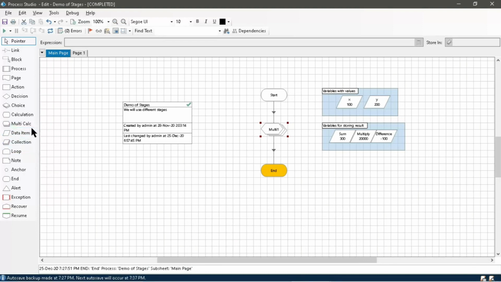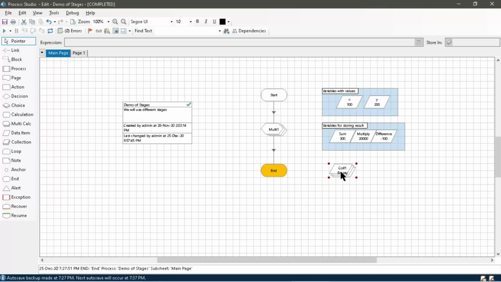Now see, we have taken 3 variables for storing the results, but what if there are 50 variables or more than 50 variables? Then we have to use 50 or 100 data items. To mitigate this issue, Blue Prism provides a stage called collection.